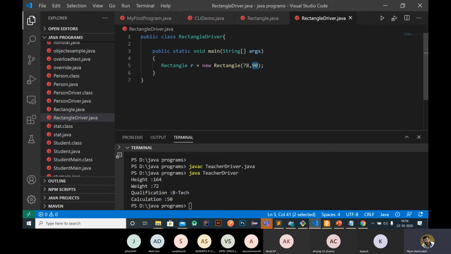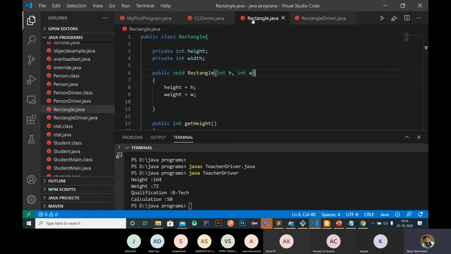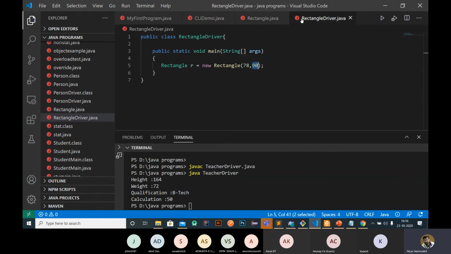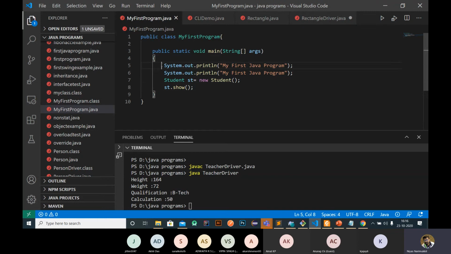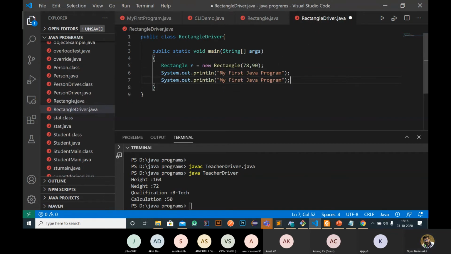So then we create a rectangle object with height as 78 and width as 90, right? If you want, we can print that one. Height and width.